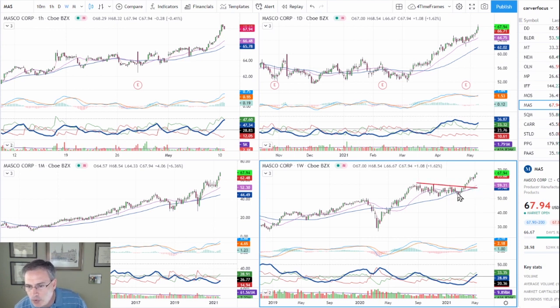So I'm not looking for it to do any kind of a higher low. I'm not looking for a pinch play. Now, what might happen is you might break the trend line and then get a pinch play after that. But in this situation, I would just be saying, okay, I've got the pattern that I really like, which is